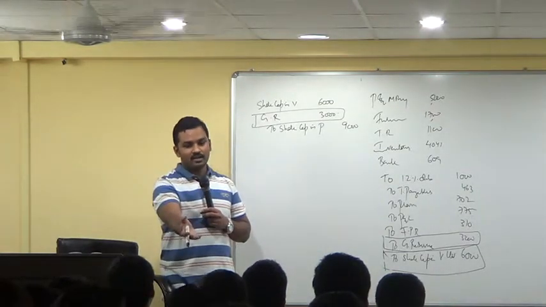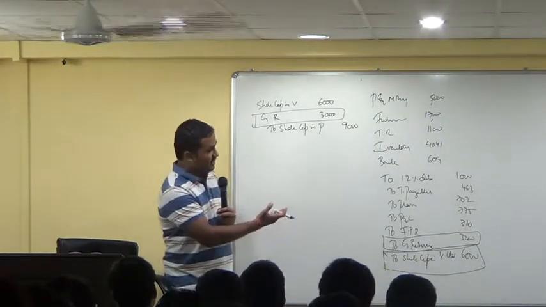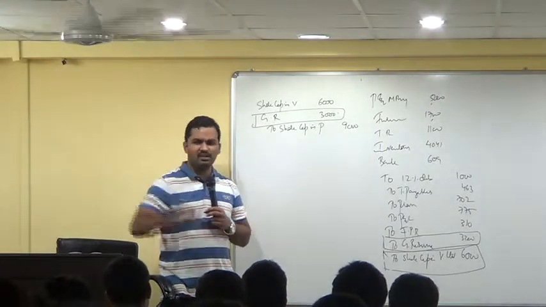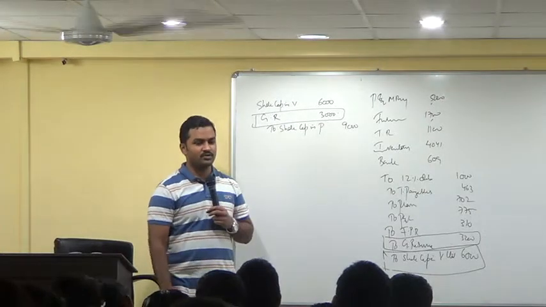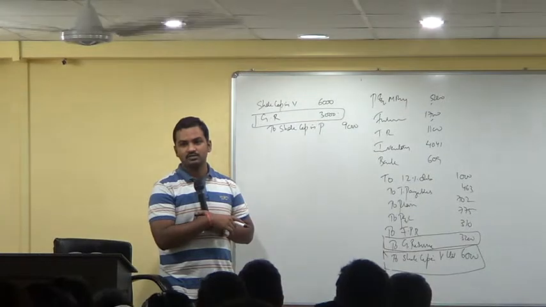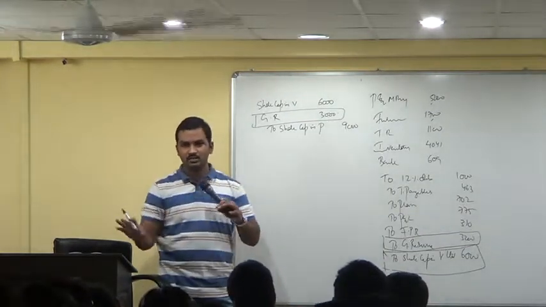This is how entries have been passed in all the books which we read. If you want to pass entries in an unorthodox way, this is one way you can pass the entries. Simple. Incorporate assets, liabilities, including capital. Then make adjustments to various accounts which you have to make. Did you understand this logic? I have incorporated assets, liabilities, including capital, at book values.